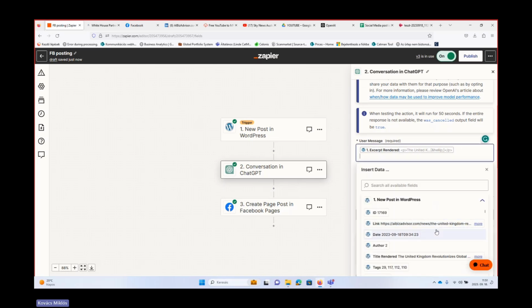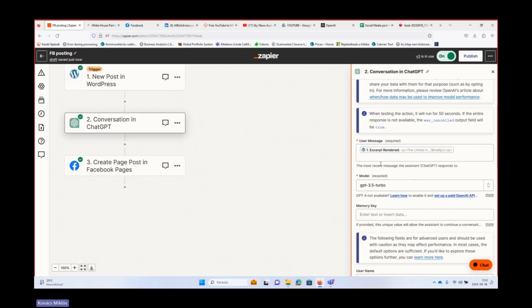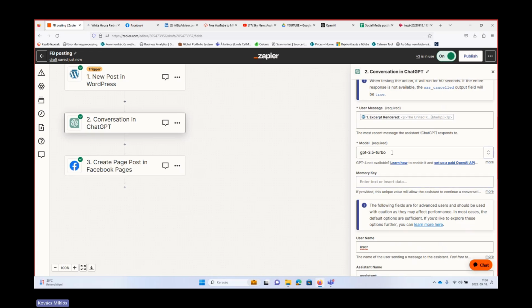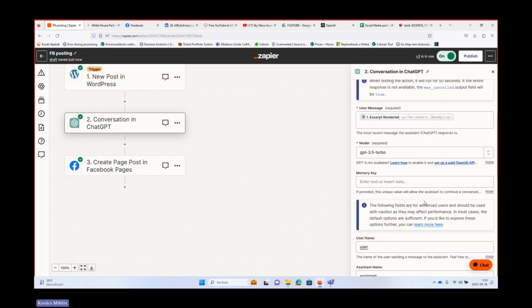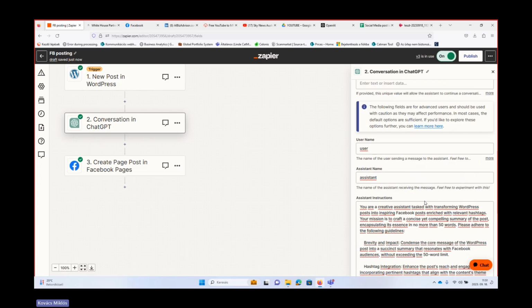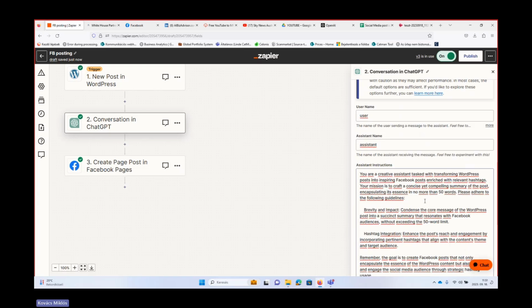Here you can find all the options, the information that you can give, but I want to give the main content, basically the blog post main content. This is given. Then here I will use ChatGPT 3.5. It should be perfectly fine to create Facebook posts. You can also use ChatGPT 4, but it's a little bit more expensive, as we learned.